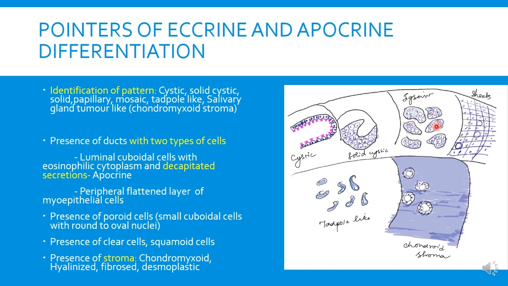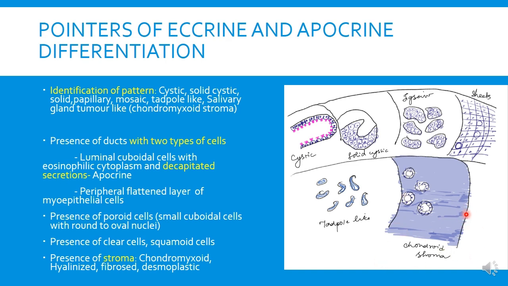And this is a jigsaw puzzle pattern where there will be a mosaic of blue basaloid cells, and there is another mosaic of blue basaloid cells that mold into one particular type of mosaic. So this type of picture is seen in cylindroma, and this is a representative of sheets of basaloid cells with ductal lumina enclosed in between. This type of blue basaloid sheet is seen in poroma, and these are the comma-like ducts that are seen in syringoma, and these are epithelial cells and myoepithelial cells that are embedded in a chondroid stroma, which is seen